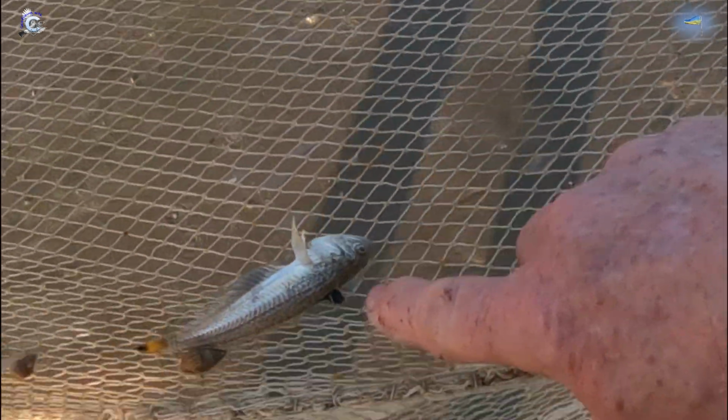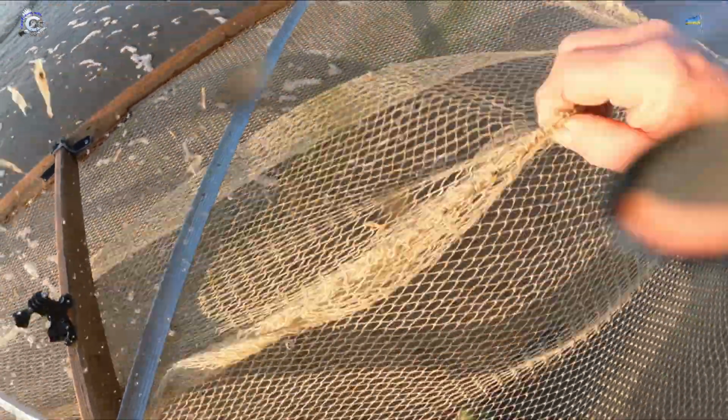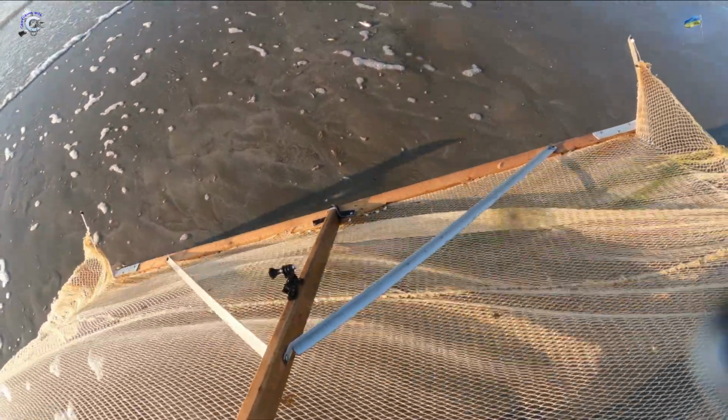Oh, there's his fin up now. See the fin sticking up. Yeah, that's it. A nice view of it there, sticking up, and you can probably see the spines in there. As I say, you don't want to be stepping on that. So let's get him back in the ocean where he belongs. We're going to get rid of all those little shrimps because they're all a bit too small. There was a few little